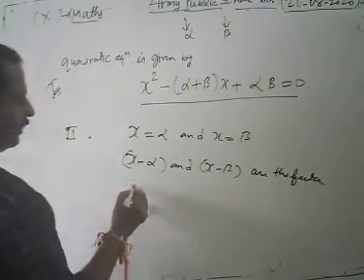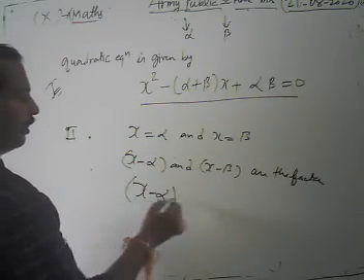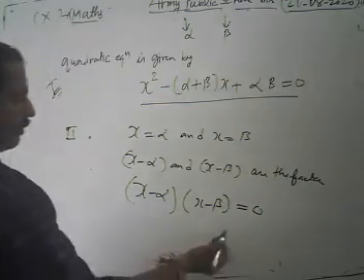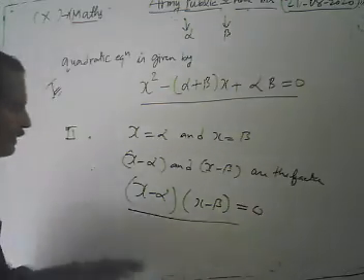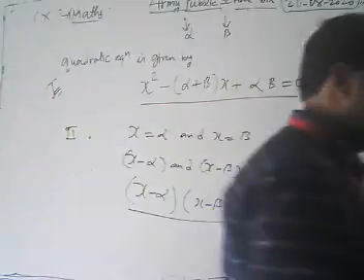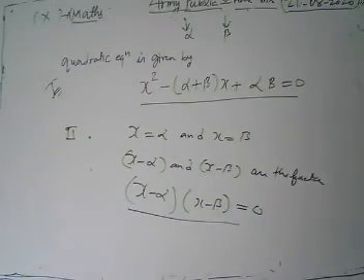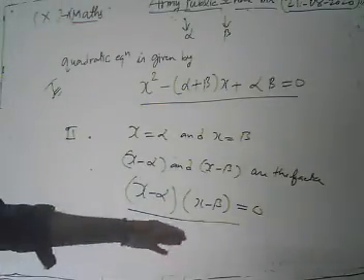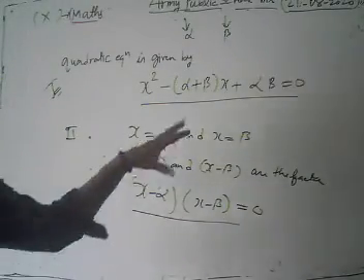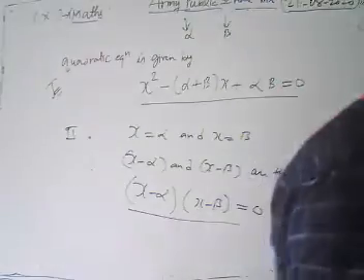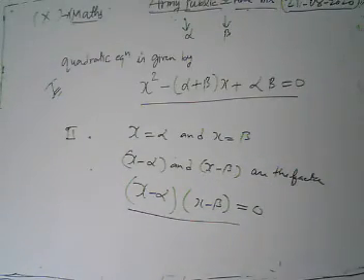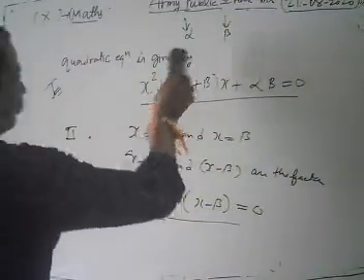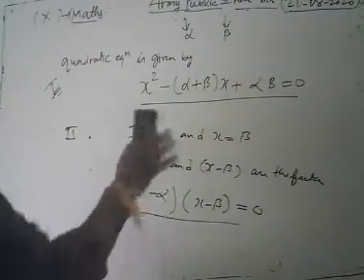If these are factors, then their product are also factors. Then when we are going to solve this, we get our quadratic equation by this method again. Then our quadratic equation is given by x minus alpha into x minus beta equal to 0. And you can use any method to find the quadratic equation whenever you are given roots. But I suggest that we just use this equation.